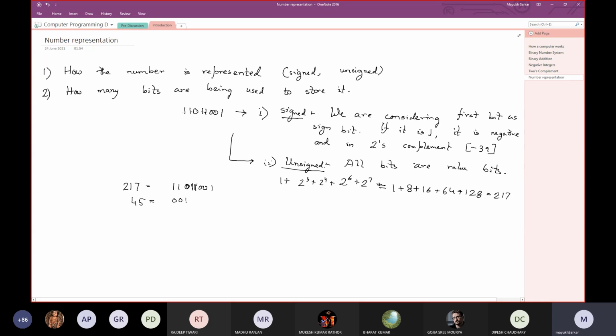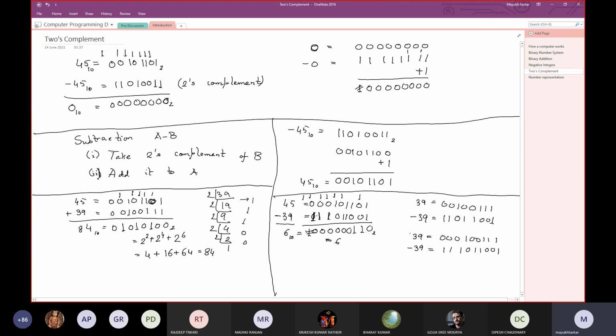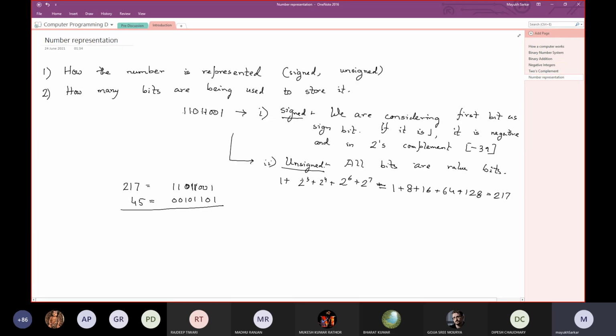And if I add them up, again, computer is getting only this bit stream. So the result you will get is this, 10000000110. Again, I think I have one extra 0 here. Okay, and here you have 9 bits.